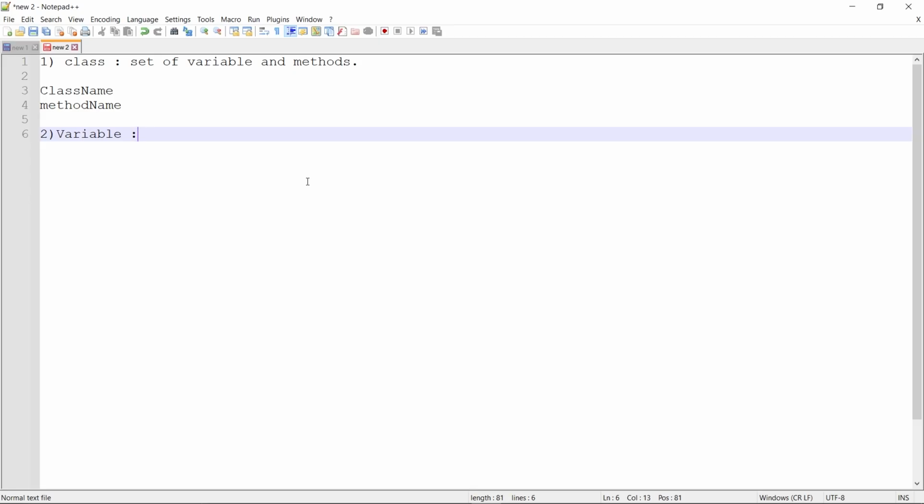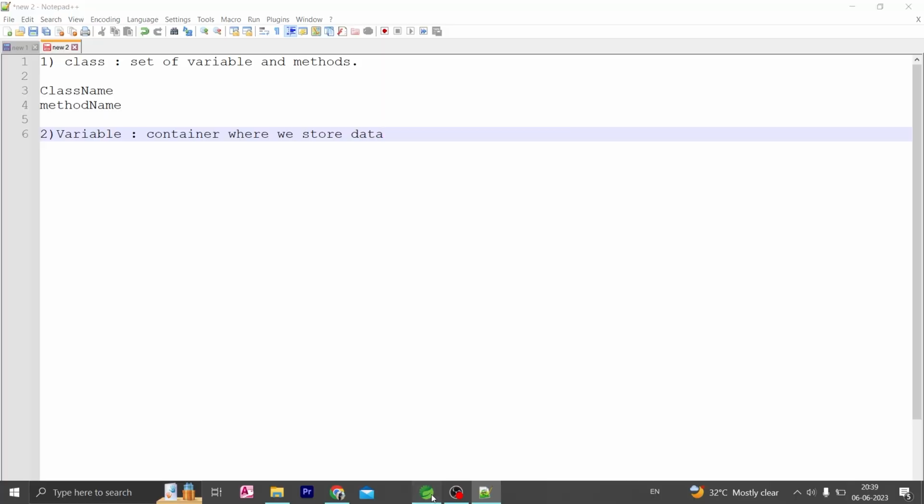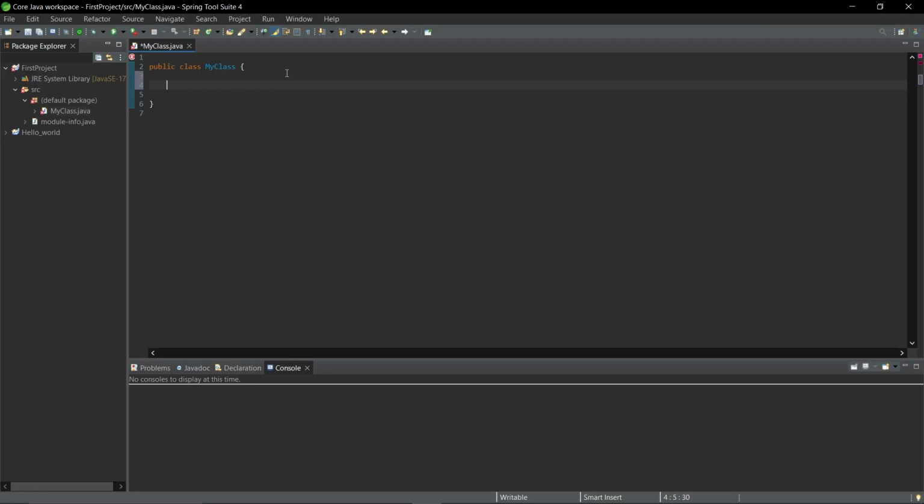Second point is variable. What is meant by variable? Variable is a container where we store data, or different forms of data. First point, how to declare a variable. Here you can see in the class we will declare a variable. First, give the data type of that variable and then the variable name, then a semicolon. What is data type? Data type हम देखेंगे नेक्स्ट कॉन्सेप्ट। पहले हम हाउ टू डिक्लेयर वेरिएबल नेम ये क्लियर करेंगे।